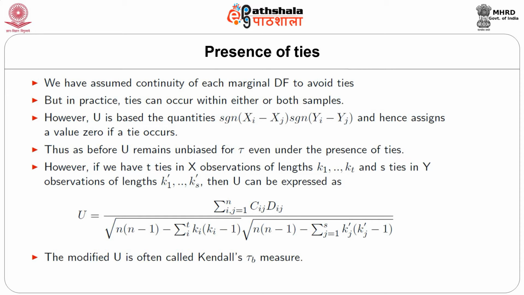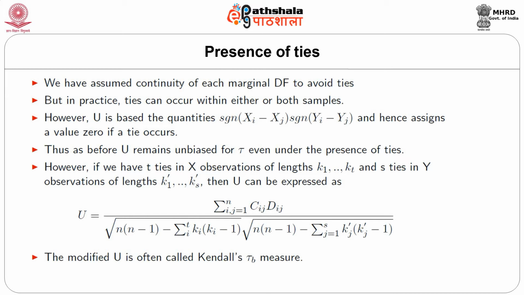However, u is based on the quantities sign of xi minus xj multiplied by sign of yi minus yj, and hence assigns a value 0 if a tie occurs. Thus, as before, u remains unbiased for tau even under the presence of ties. However, if we have t ties in x observations of lengths k1, k2, ..., kt and s ties in y observations